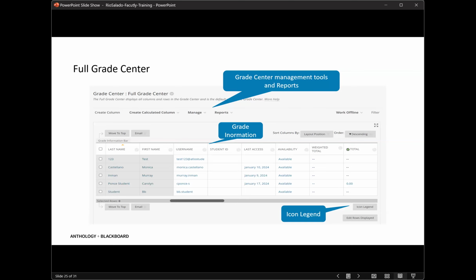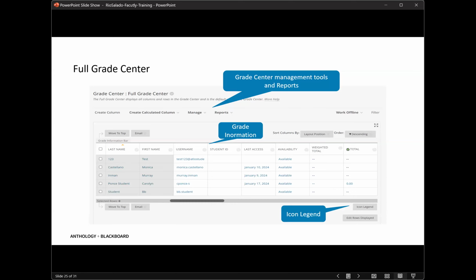Now, the main part of your grade center is going to be the Excel sheet looking information, the grade information. And I'm going to correct that spelling for the slide deck that you get. The main grade information area lists the students, their usernames, and the last access date, which is a key column because that will show when the students last touched that course. And that is live information. So if they clicked on it today, it's going to show you today's date. And then you scroll over. There's a dark bar at the bottom that you scroll over to access the remainder of the grade information.